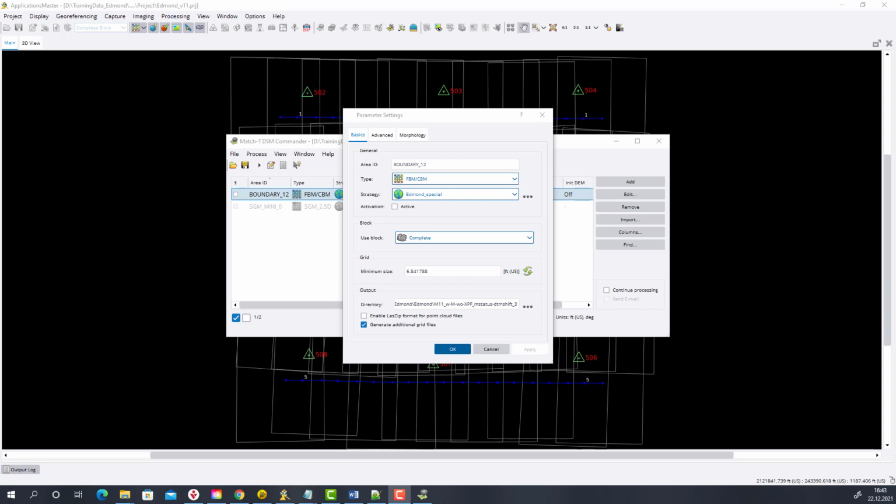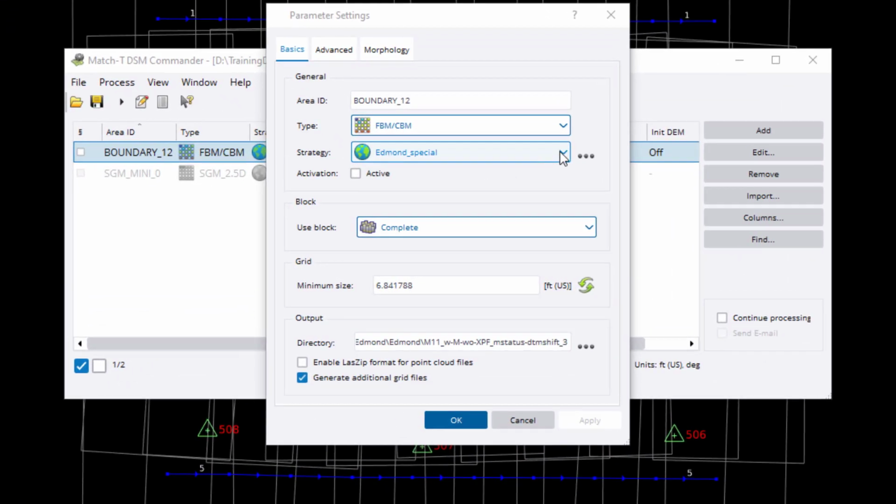We will need to make changes to the control parameter files. The control parameter files are the files that you can select here from the strategies. So these files here, they are stored by default